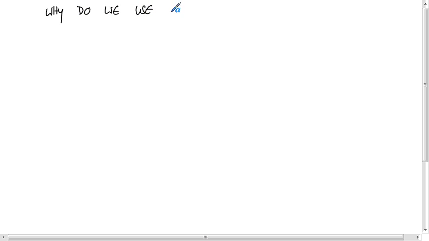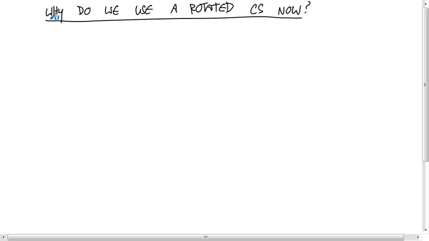So why do we use a rotated coordinate system now? All this time we've been able to, but we never have before. So why now of all times? Why not next week? So anyone remember? It does make the math simpler, yep. And the reason it makes the math simpler is, so if you have